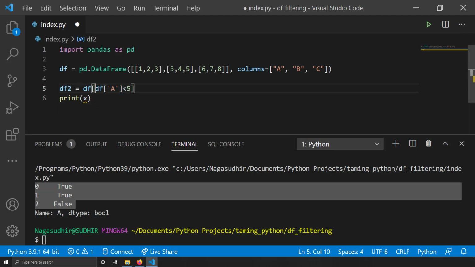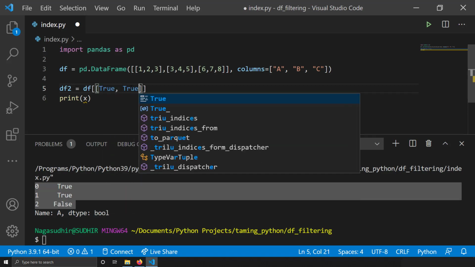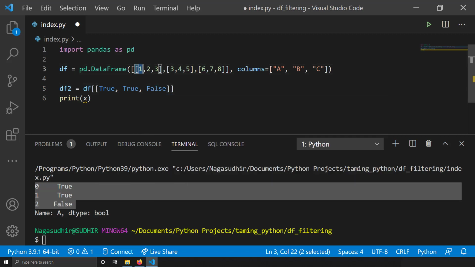If I just write an array which specifies the qualifiers, you can technically filter rows using just Trues and Falses. The number of rows in this data frame is 3, and if I give these 3 Trues and Falses, then I can filter this data frame based on them.